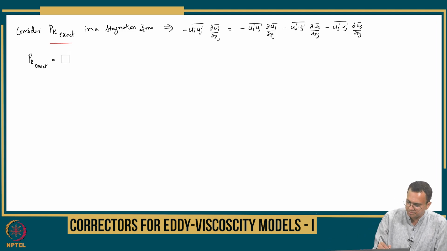Now if I sum it up also in the other direction, this is the sum of 9 components here. So I essentially get minus u1 prime